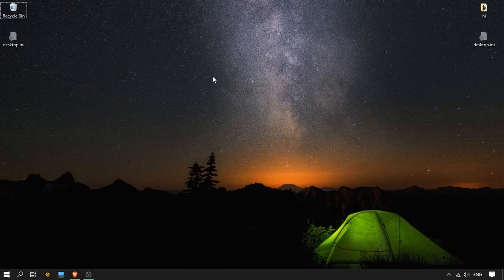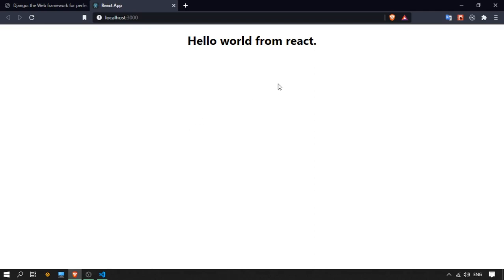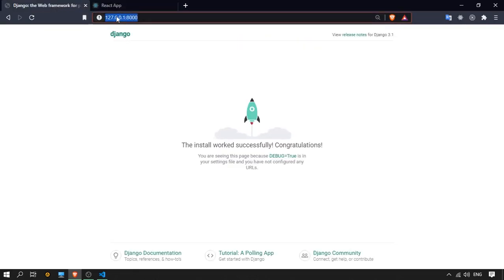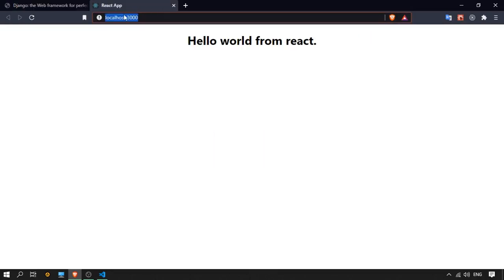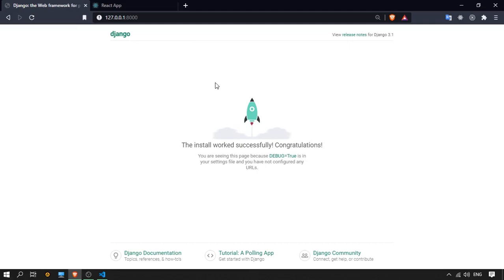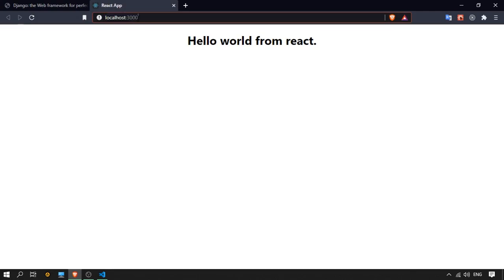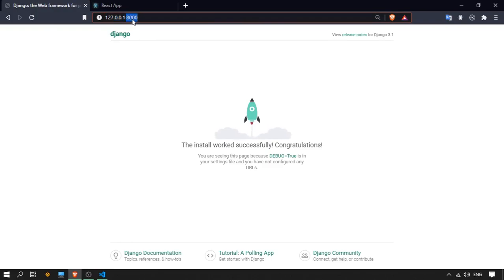Today I'm going to show you the complete procedure on how you can integrate your React frontend to your Django backend. What I mean is that we will only use one server for running both of our frontend app and our backend app instead of using two of them. Because when we run our React app, it runs on port 3000 as default, and our backend runs on port